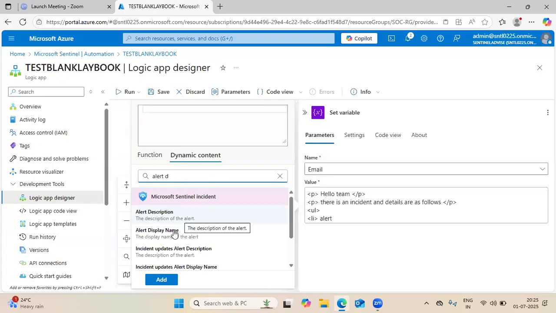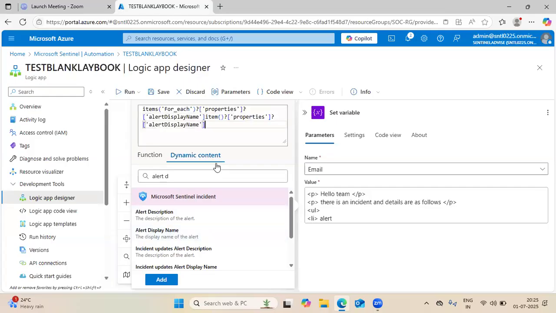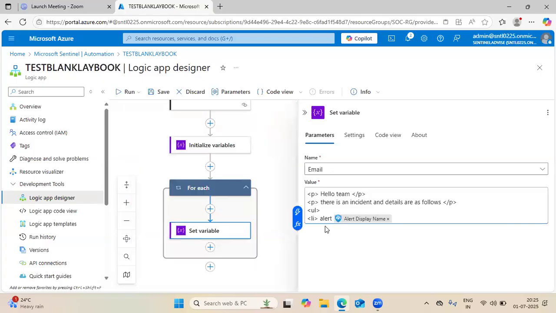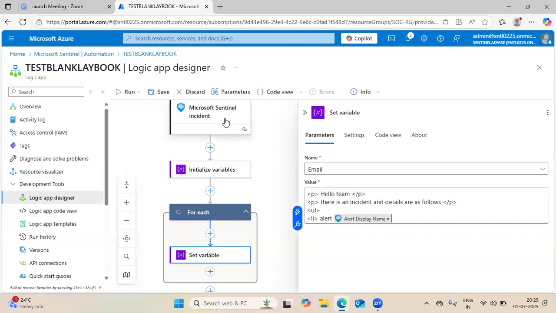Yes, I will identify alert display name. Add. See, the first thing that I'm doing, when a Sentinel incident triggers,